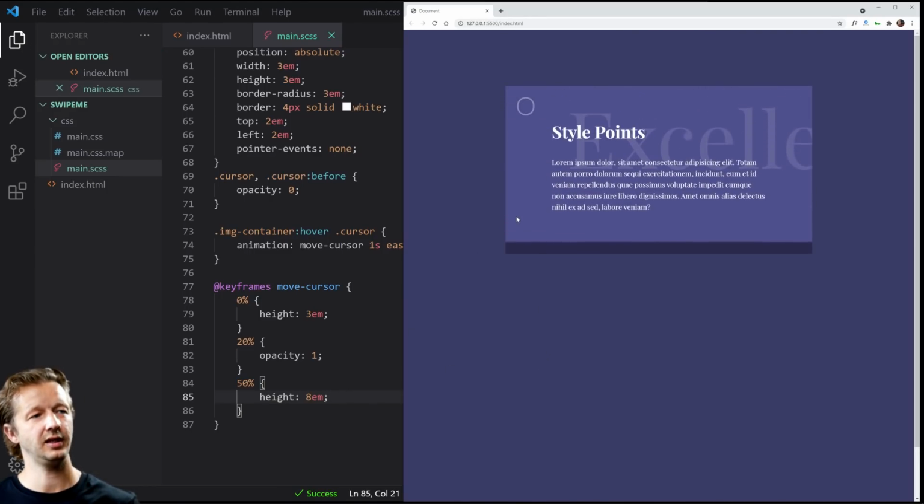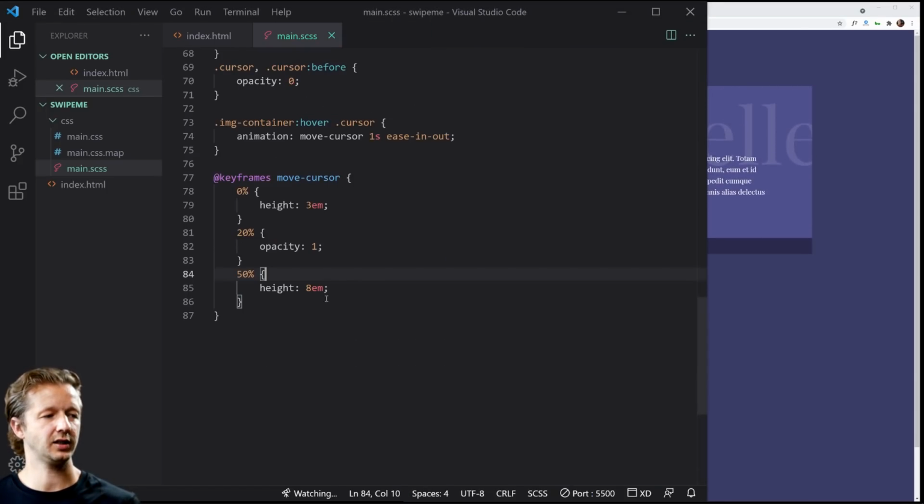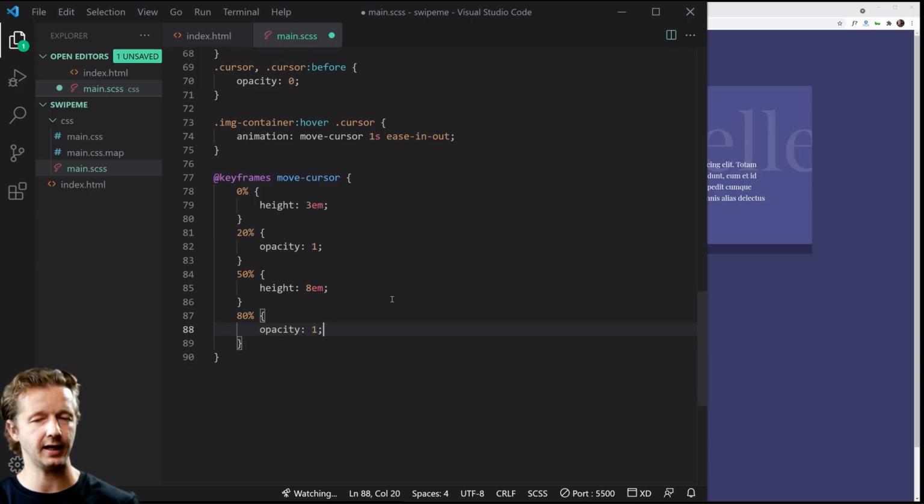There it goes. So even that by itself is actually sufficient. It's pretty cool, but we're not done yet. We're gonna make it a little bit better. At 80%, we're gonna specify opacity 1 again. And you have to kind of understand how keyframes work. If you look at this kind of like a timeline, by default, this is happening over 1 second, all of